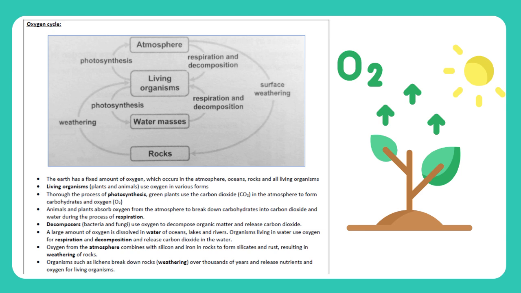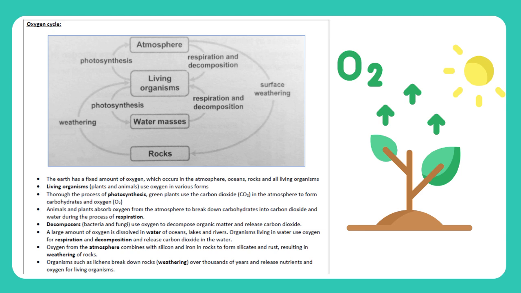Oxygen cycle. The Earth has a fixed amount of oxygen, which occurs in the atmosphere, oceans, rocks, and all living organisms. Living organisms, plants and animals, use oxygen in various forms. Through the process of photosynthesis, green plants use the carbon dioxide, CO2, in the atmosphere to form carbohydrates and oxygen, O2. Animals and plants absorb oxygen from the atmosphere to break down carbohydrates into carbon dioxide and water during the